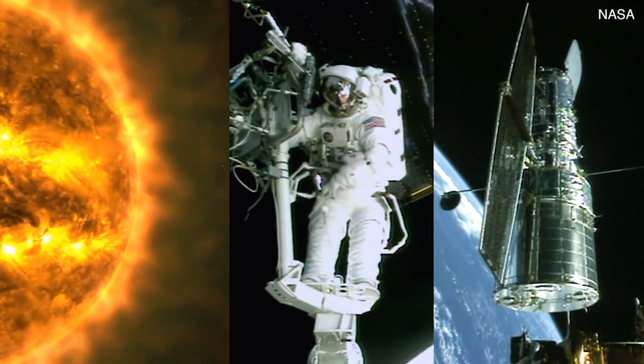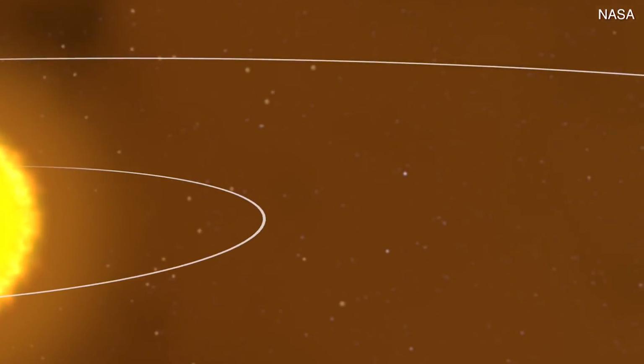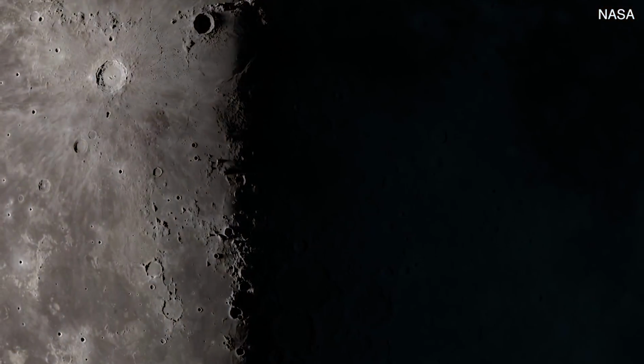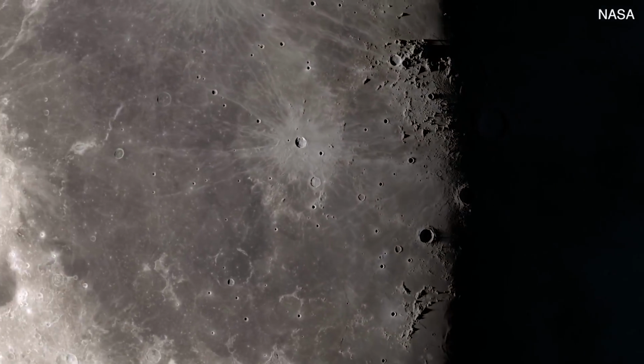To every astronaut or spacecraft, the sun is a damaging source of radiation. All objects traveling through space must contend with this hazard, including planets. Even the moon has the scars to prove it. New NASA research suggests that some of the coloration we see on the moon could actually be a form of